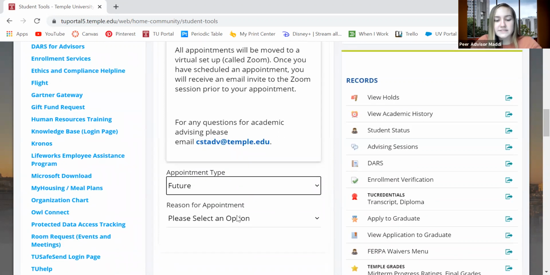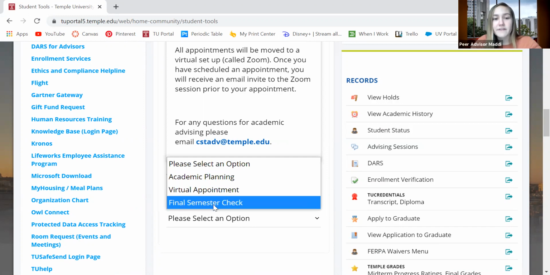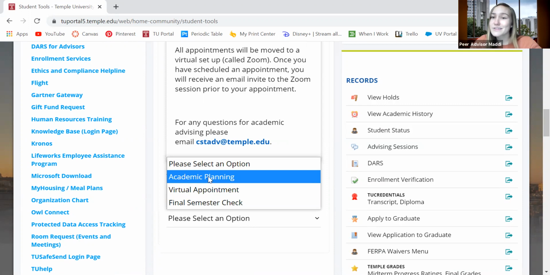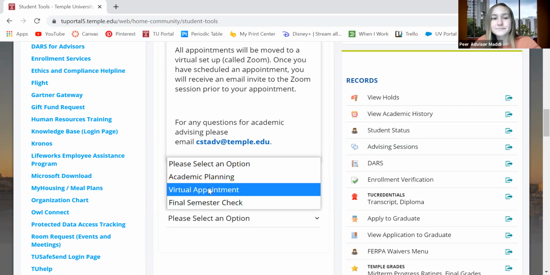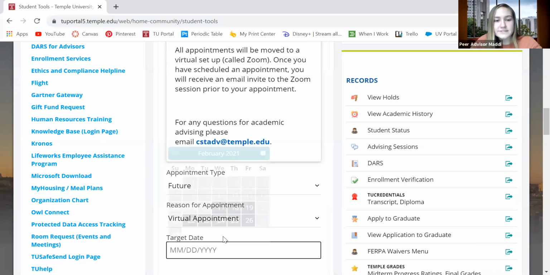Next, you will be prompted to select a reason for meeting with an advisor. You can choose between academic planning, virtual appointment, or final semester check. Remember, no matter what option you select, the meeting will be virtual regardless. We will then have to select the date for your desired meeting. I will select